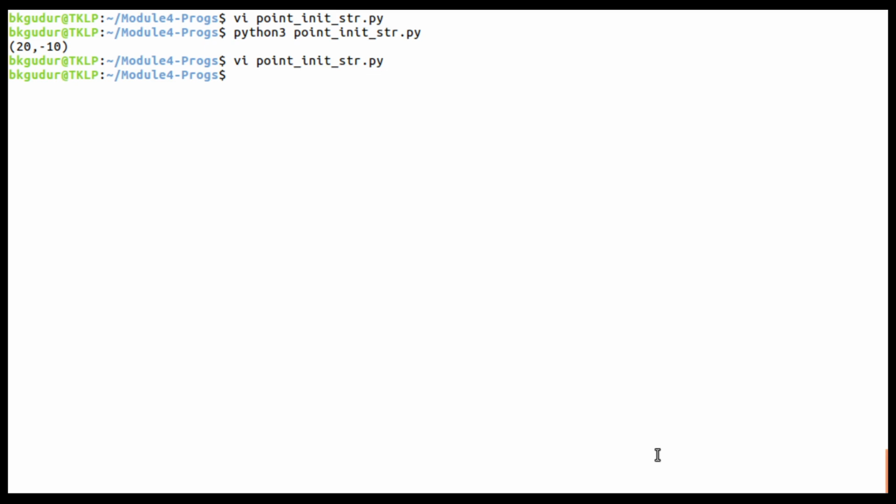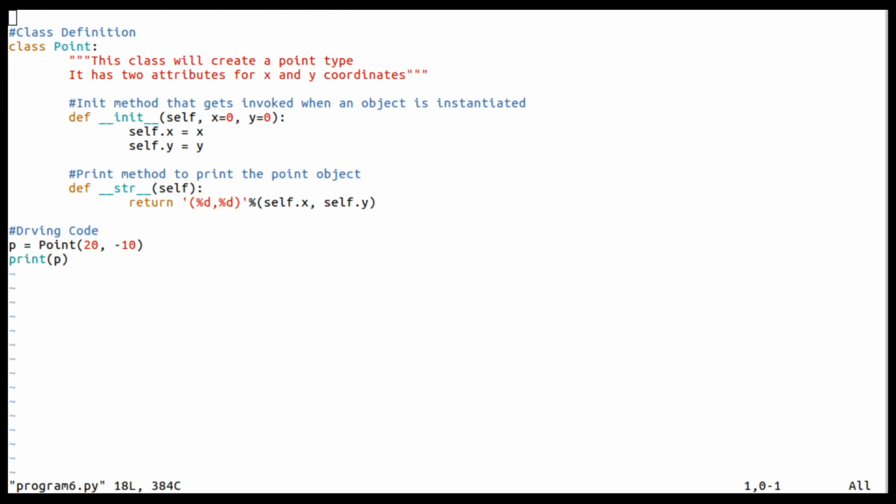Very simple, what I do is I'm going to copy this. The program name is, I think, program 6.py. Yes, it is program 6.py. I'm going to modify the earlier program only.